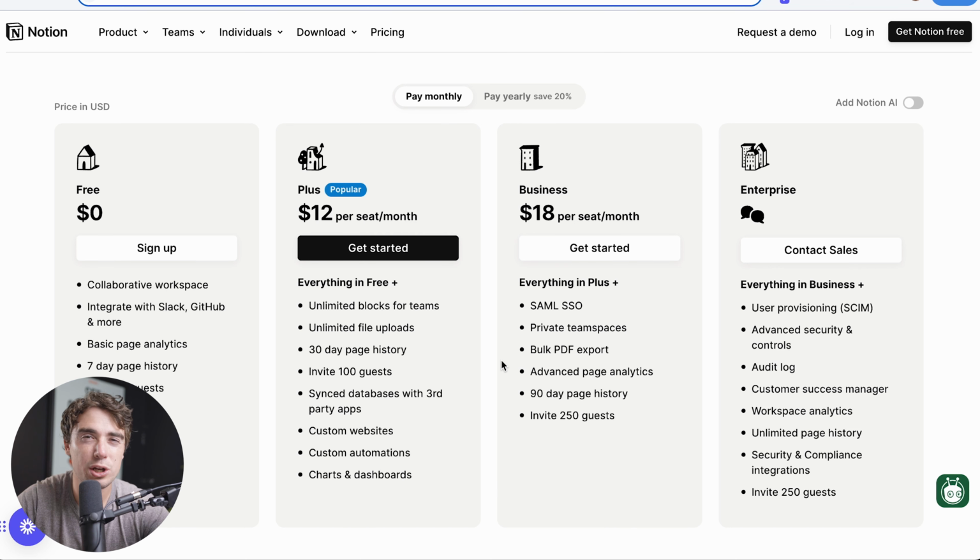But if you guys are looking for something that's going to be a little bit more advanced, I will go ahead and go with the plus version, just because you can have unlimited blocks for teams, file uploads, 30-day page history, and even invite 100 guests. And in addition to that, you can ensure that nothing slips through the cracks because you can have custom automations,